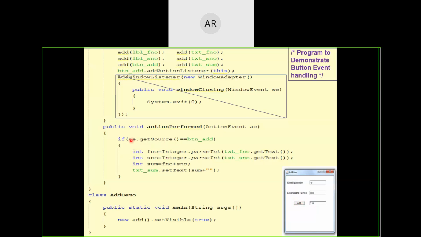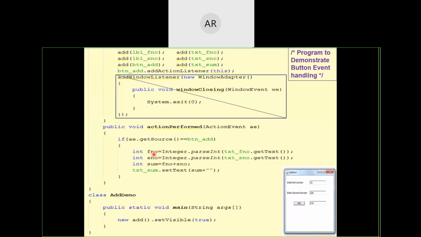Whatever event was passed, I take that event object and ask what the source is, getSource. If it is equal to button_add, if it is this button only, then read the data from the first text box, convert it into integer format and store it into a variable called fno.